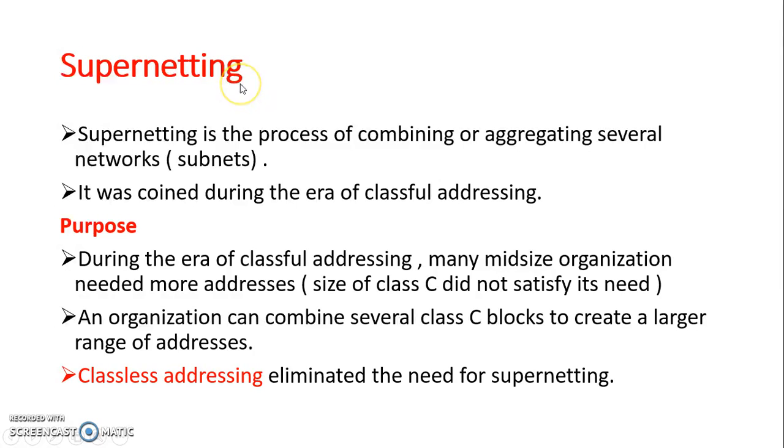The next is supernetting. This technique is almost obsolete now. We are not using it, as the modern internet is classless IP addressing, that is, we have subnets as well as prefixes. In subnetting, we saw dividing the network into subnetworks, whereas supernetting is an aggregation of subnetworks. That is, we are combining or aggregating multiple subnetworks to form a network. This term was coined to describe the act of combining multiple classful networks, which violates the class boundaries. And it was introduced during